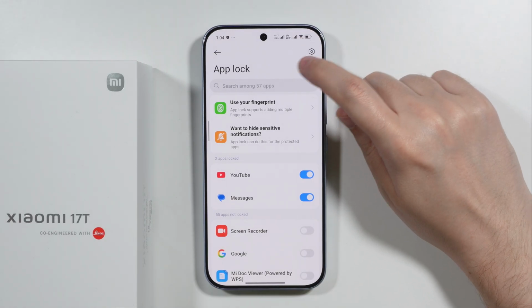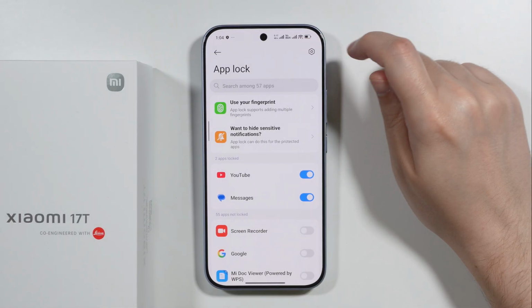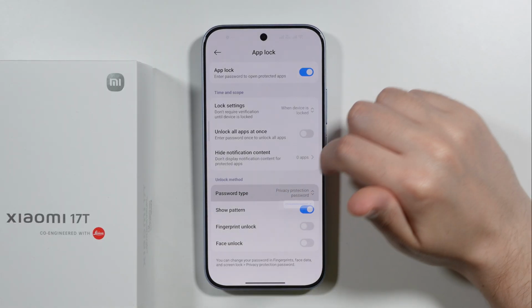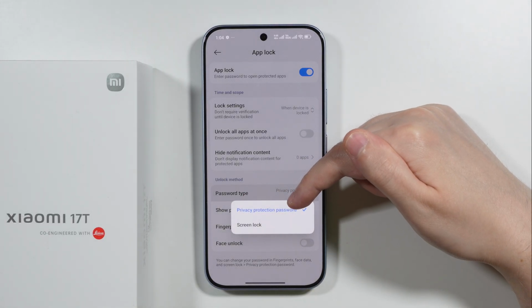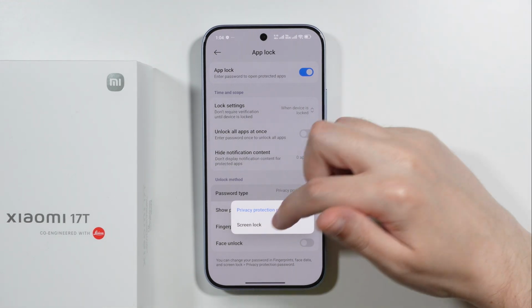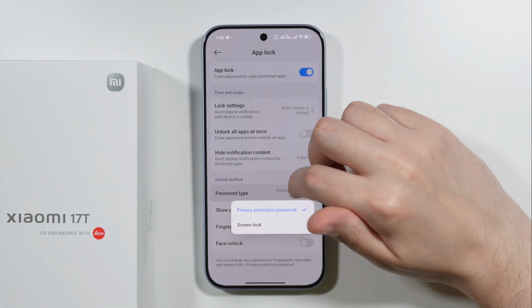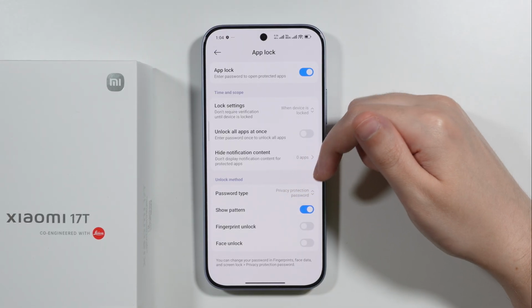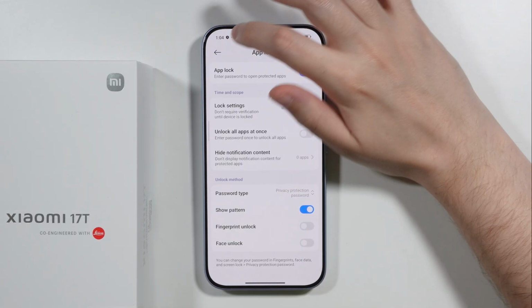And there we go. Now we can go to app lock settings by tapping on this setting icon in the upper right corner. And then in here we have the password type. So you have the choice between the privacy protection password, or you can switch and use the screen lock password, or of course the other way around. Now if you already have the privacy protection password created and you want to change it, then in that case